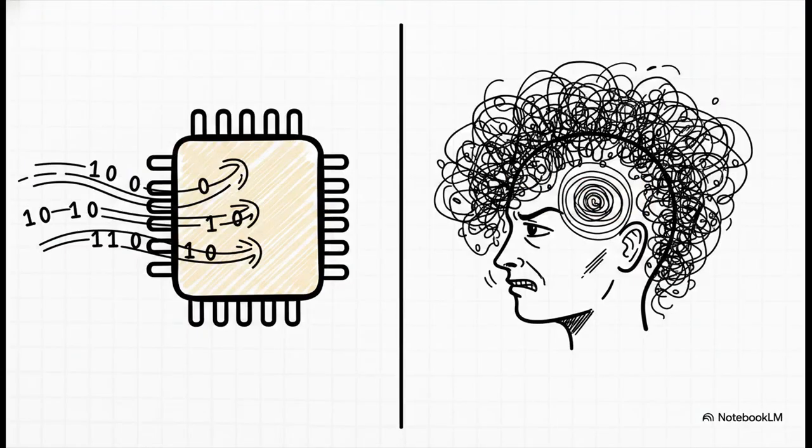Okay, so this system is absolutely perfect for a machine. It can read billions of these on-off states every single second. But for us, for the actual humans who have to write the code and fix the bugs, well, that's where we hit a snag. Reading these giant strings of ones and zeros is a recipe for a massive headache.